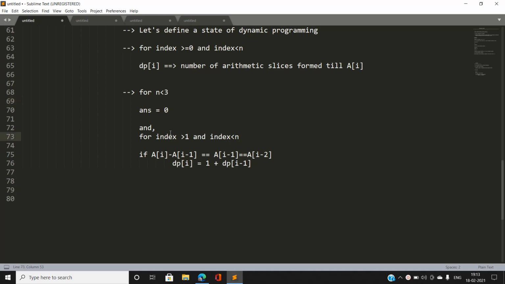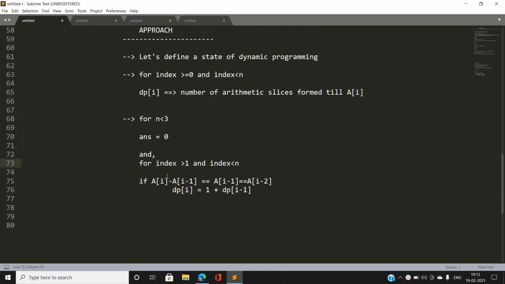For any current index I, we check, including this element at the rightmost side, if there exists a subarray of length 3 that is a valid arithmetic sequence, that is if the difference between a of I and a of I minus 1 is exactly equal to a of I minus 1 minus a of I minus 2, then we can claim that including this will give a valid arithmetic sequence.